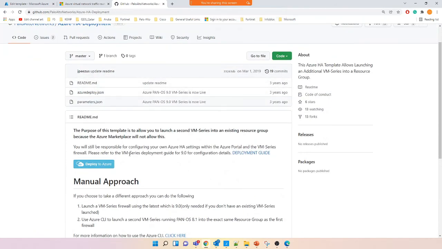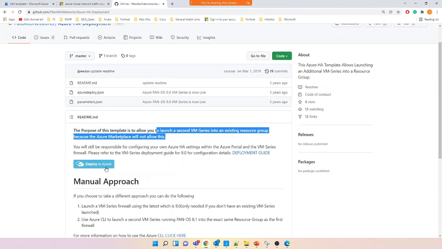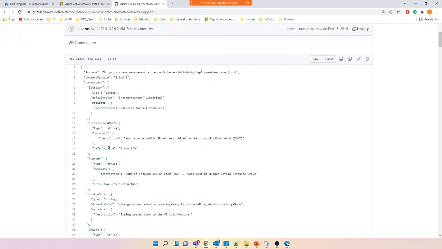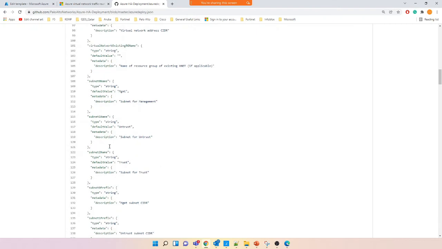See, this is the template for active. Okay, so you can also click here. So the template is this one. This template will deploy to firewalls directly. Yes, this template will deploy to firewalls, but